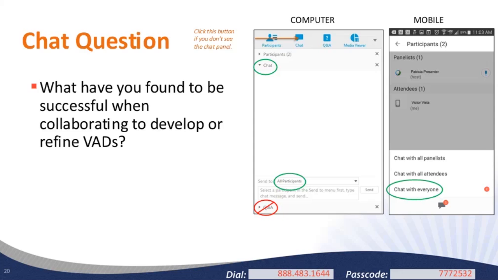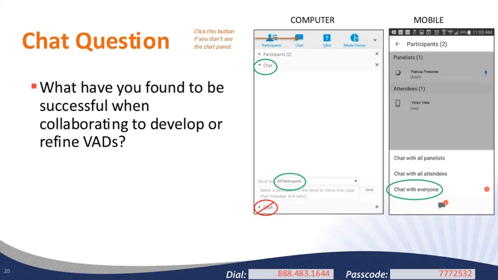Let's see, Brittany meets with sub-site supervisors to get their ideas and goals for their projects, and then takes that input and puts it into their VAD template, and then sends it over to the supervisor for review and additional information. And then finally, she forwards that draft of that VAD to the state office for their comments, which is part of the process. And then they refine it until everyone's clear with the project goals and tasks. So that's an excellent example of how to work in conjunction with your sub-sites to make sure they both understand it and you're getting the correct activities and buy-in from your sub-sites. Plus, you also have the expertise of your state office.